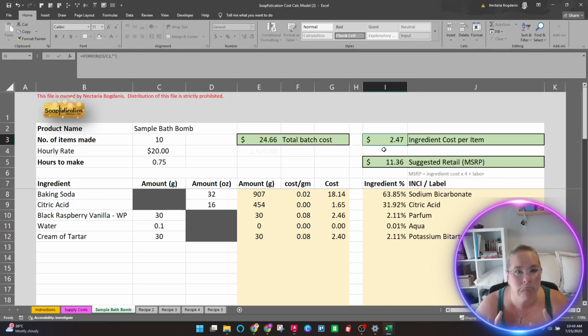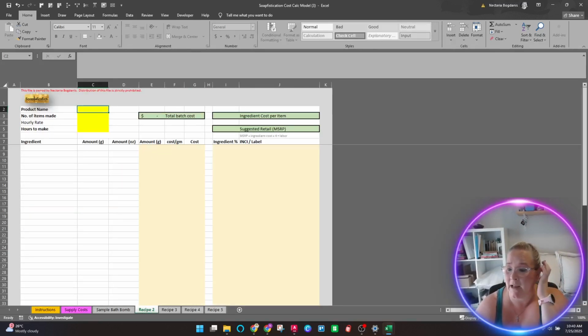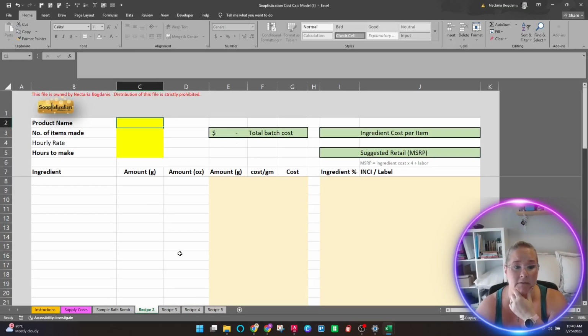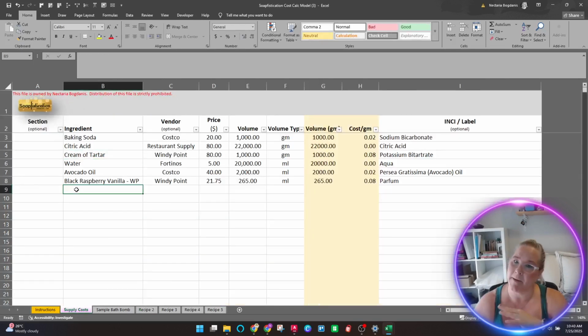And so anyway, that's a whole different thing. I won't get into that. So anyway, that's how this file works. Now I could go in here and on recipe 2, do a totally different formula that uses different ingredients, or uses some of the same and some different. Now, the other benefit to this file is I'll take cream of tartar, right?